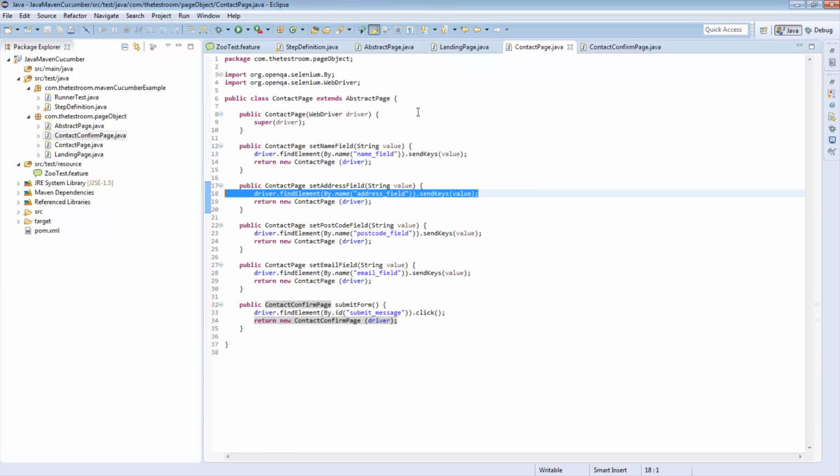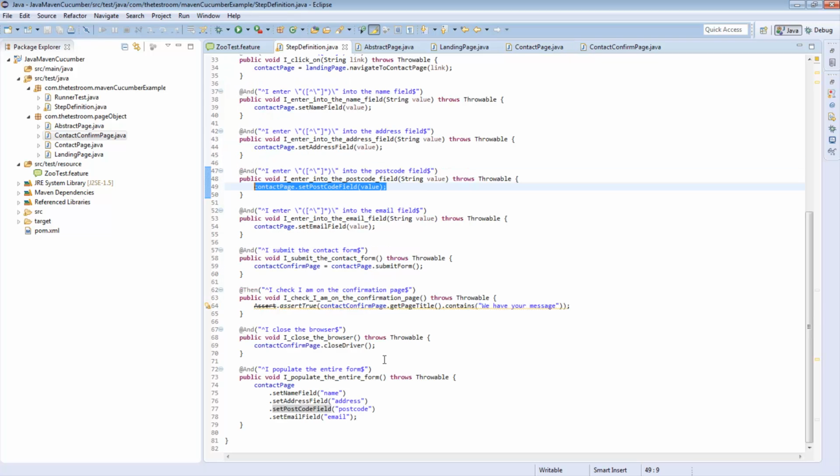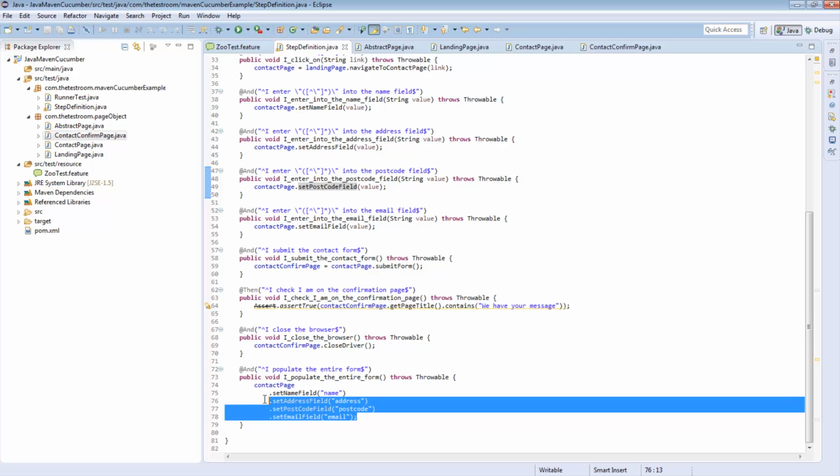Obviously you can end up writing it this way if you want to. There's nothing really strictly wrong with that. But the downside is, for every step you write, you will have to repeat this code every time you do it. However, if we use page objects, especially if we take full advantage of how page objects work, we can end up